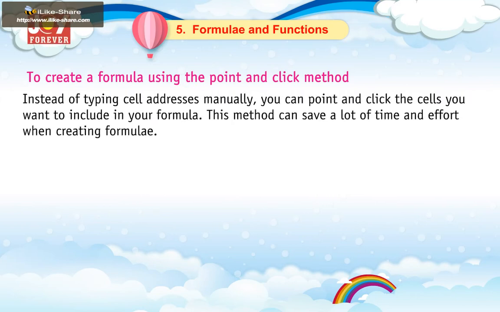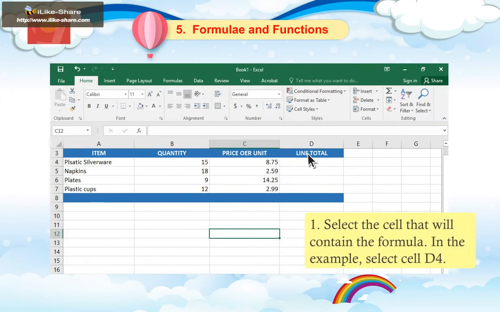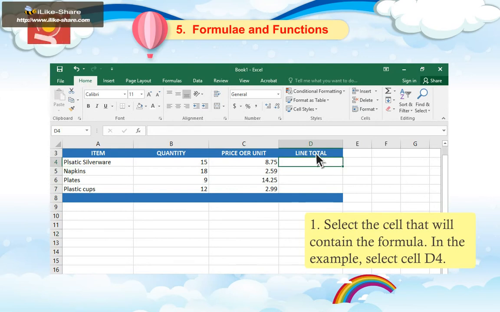To create a formula using the point and click method. Instead of typing cell addresses manually, you can point and click the cells you want to include in your formula. This method can save a lot of time and effort when creating formulae. 1. Select the cell that will contain the formula.